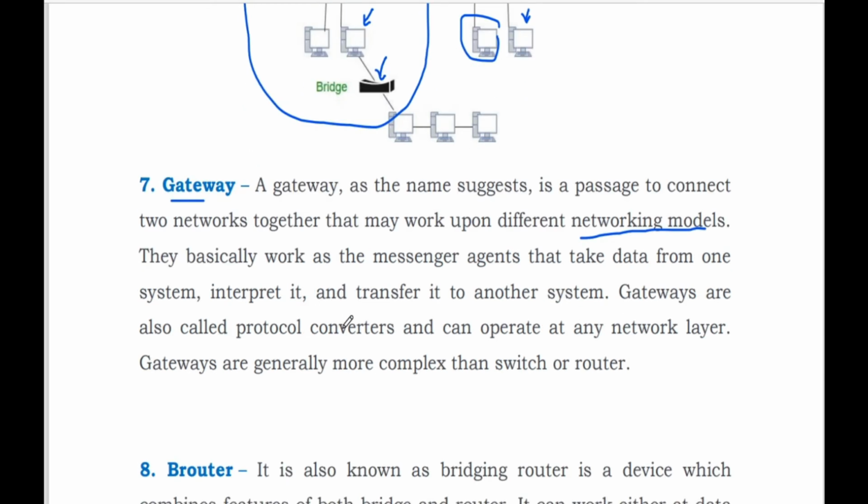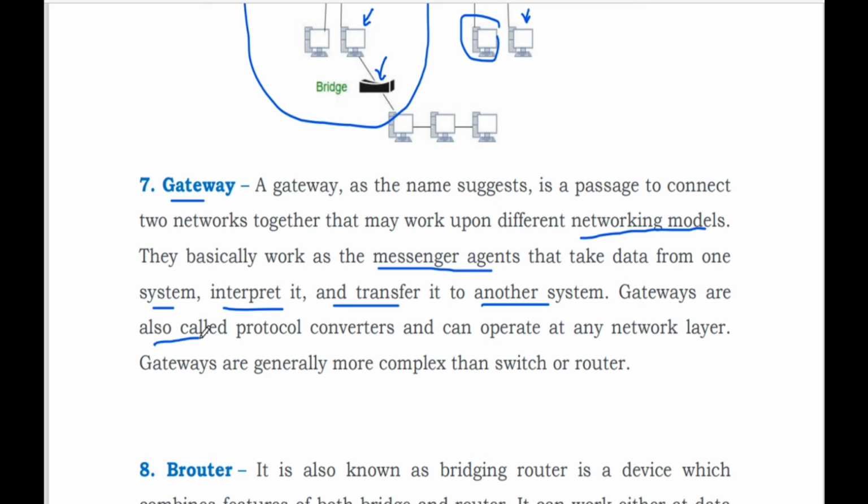Basically they work as messenger agents that take data from one system, interpret it and transfer it to another system. That is the main job of your gateway.